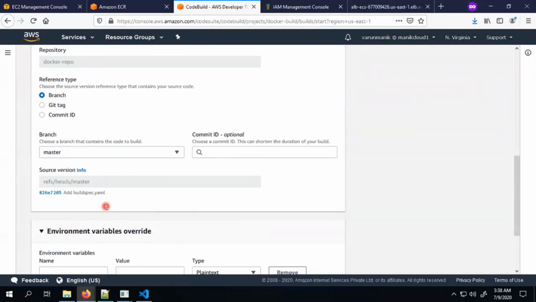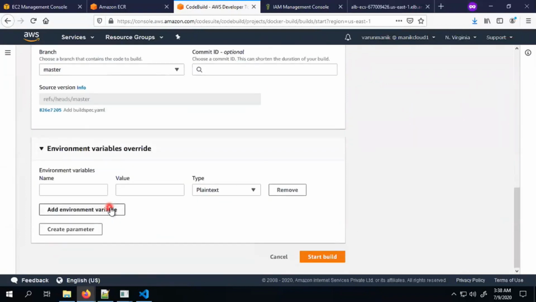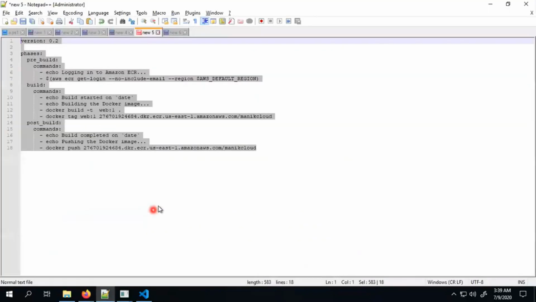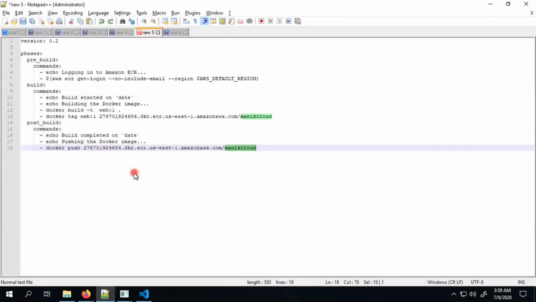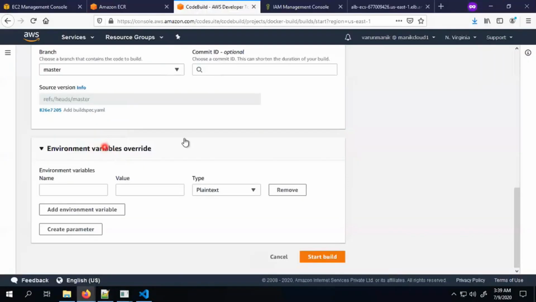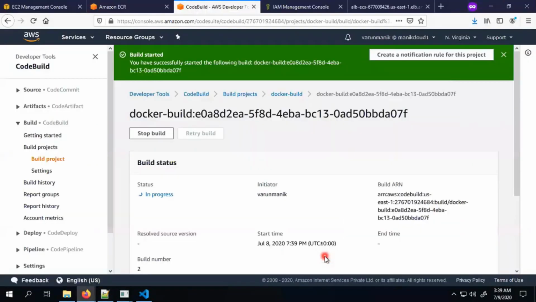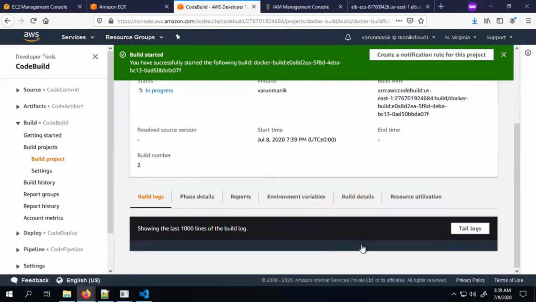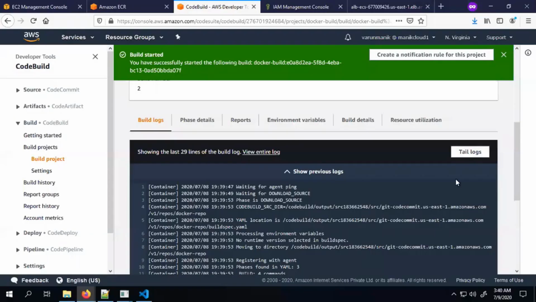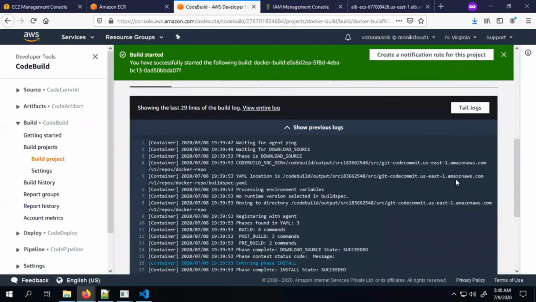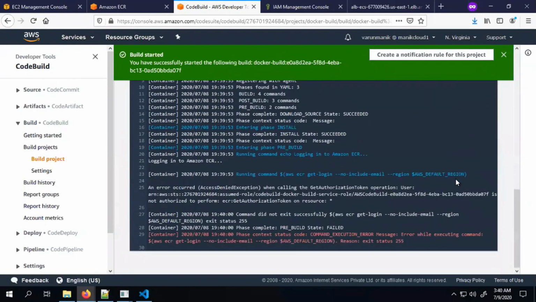So the environment variable, which I have already discussed with you. If you don't want to provide the security things over there, then you can provide them inside the environment variable. Security things that refer to my AWS account and a few other things. So this is the account number and all. If you don't want to give it, there are other ways to do that. So let's start building this project. This will take some time, so I'm going to pause this video for a few moments. Okay, so this time it doesn't run successfully, actually, but it runs through the next few steps,